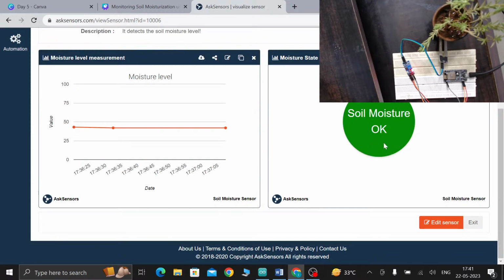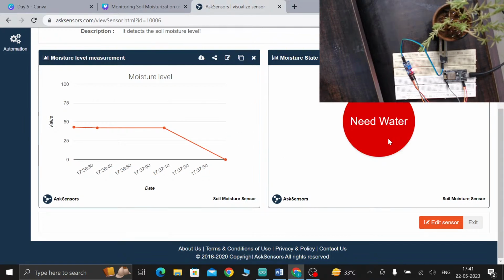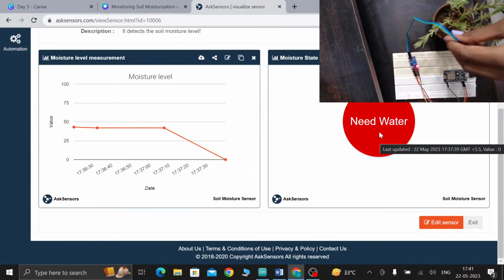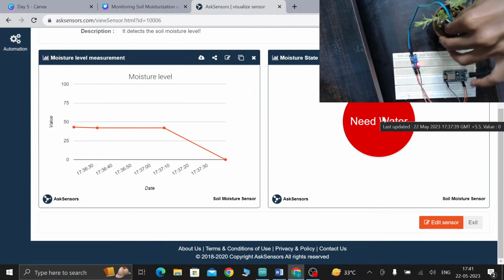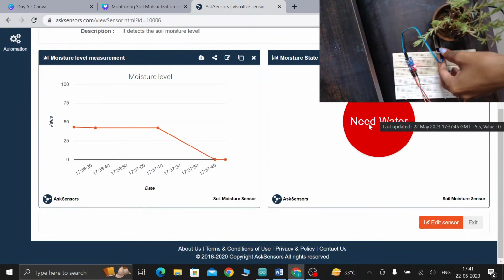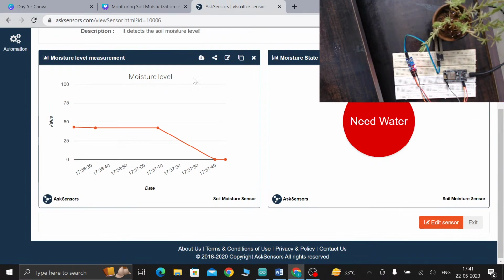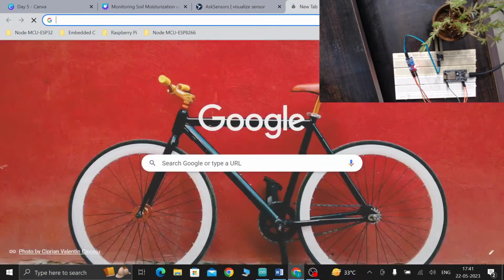Last updated was 1737. Need water. So if I place the probe inside the soil, it will show soil moisture is okay. If I remove the probe from the soil, it will show it needs water, and the same graph will be sent to your mail ID also. Let's check if we receive any mail or not.